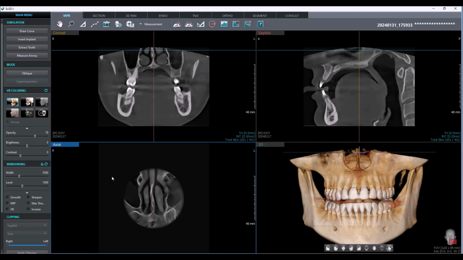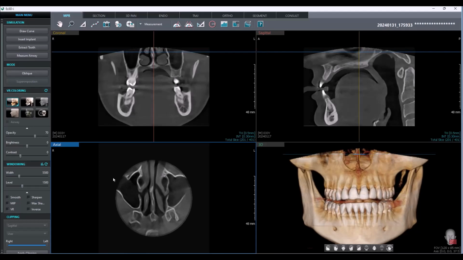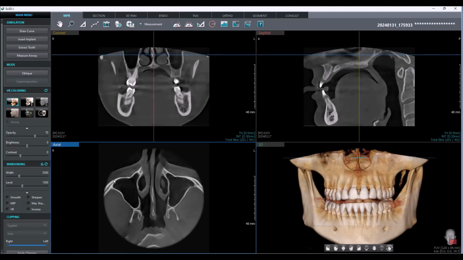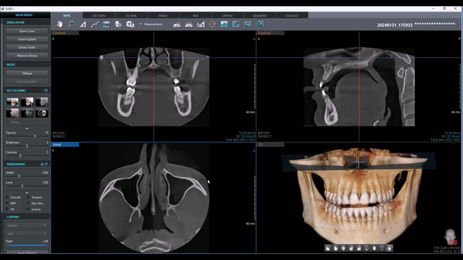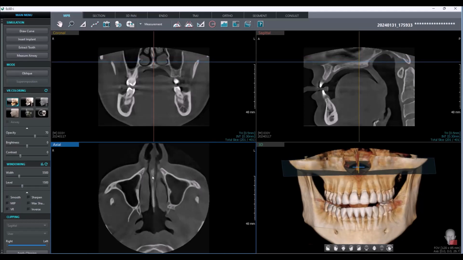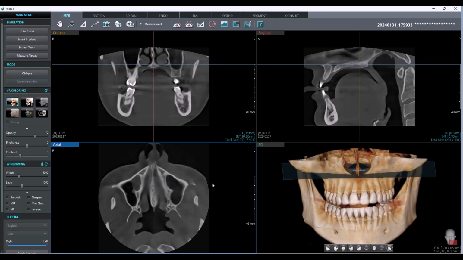I'm going to use the wheel on my mouse to scroll through my image. I can see on my alternate windows, my blue axial slice tells me where I'm at within the patient's anatomy. Here, maxillary sinuses, wing of the sphenoid, nasal concha, our septum. As I scroll down inferior,